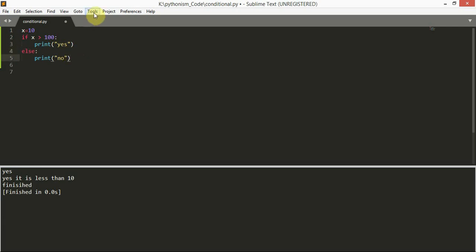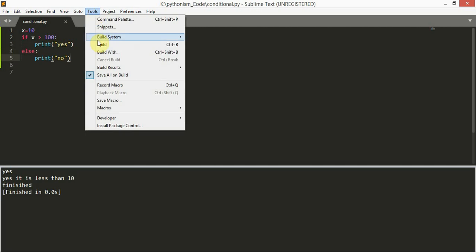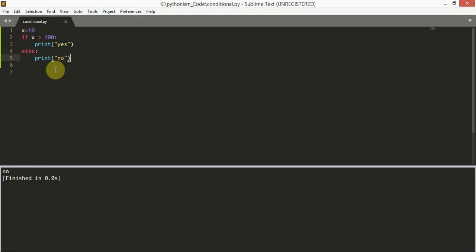We will run. Okay, save and then run. See, the value of x is 10. I'm checking whether 10 is greater than 100 or not. It is not. 10 is not greater than 100, so it executed this no statement. Say for example I'm checking whether 10 is greater than 1.